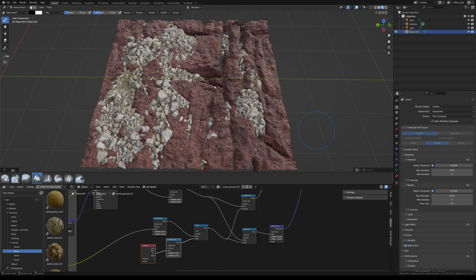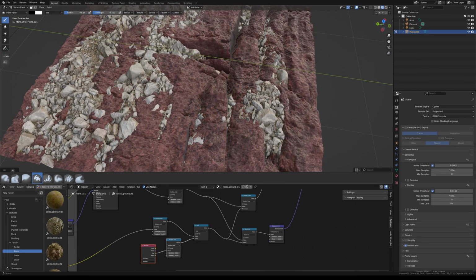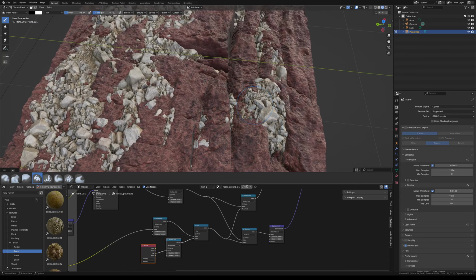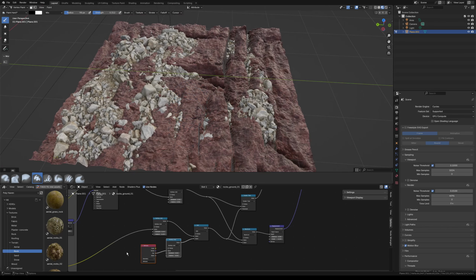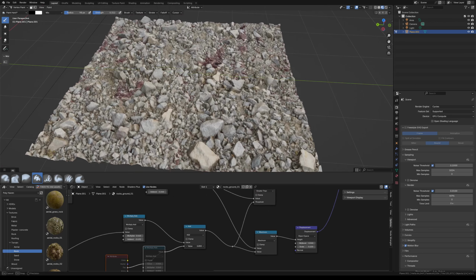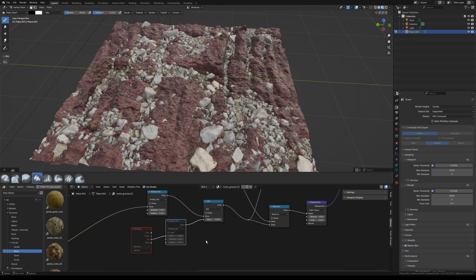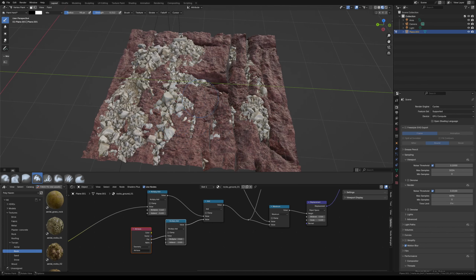Hey everybody, today we're going to be looking at how to do height blended materials in a slightly more advanced way than when you just use one of the height maps. As you can see, here's an example of what it is, and it takes into account the height maps of both materials. So the high points on one height map will actually blend through the low points of the other height map. And this can be done just naturally, where you just offset both of them and just let it be what it is, or you can use either image texture or vertex painting in order to control how they